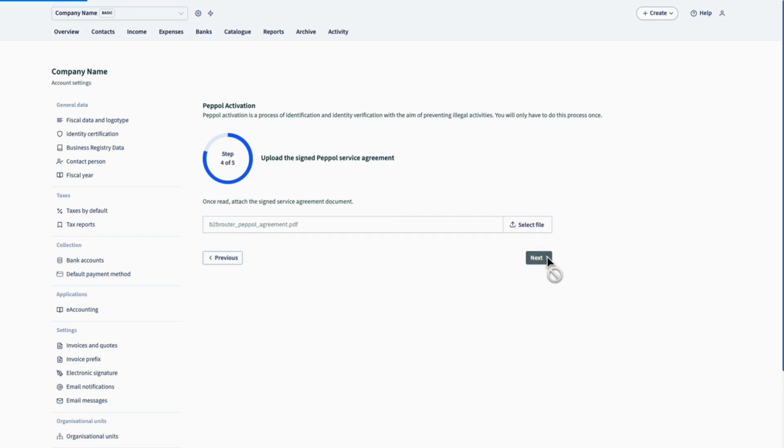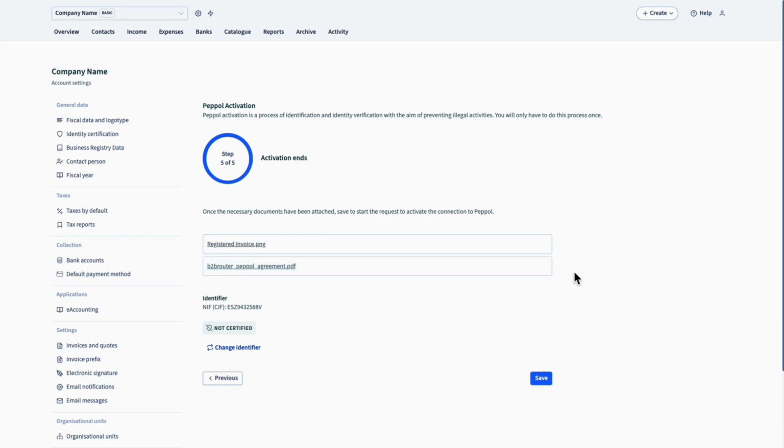Now the necessary documents have been attached, save to start the request to activate the connection to Peppol. Click on Save at the bottom right of the page. Our support team will receive your request, and if everything is correct, it will be accepted. You will receive an email once it has been accepted, and you will be able to send documents through Peppol